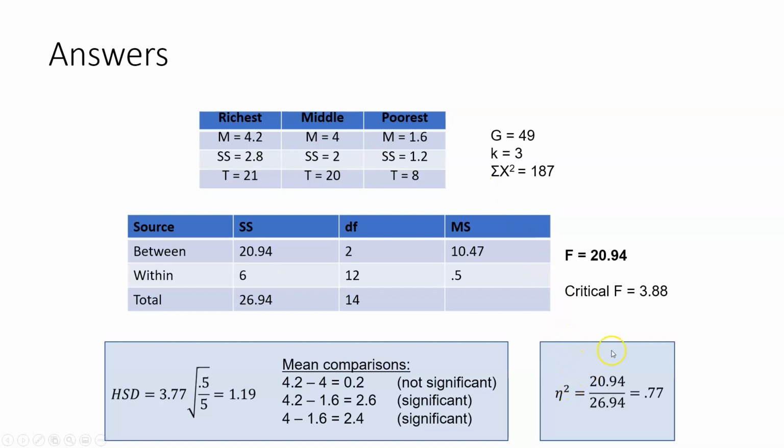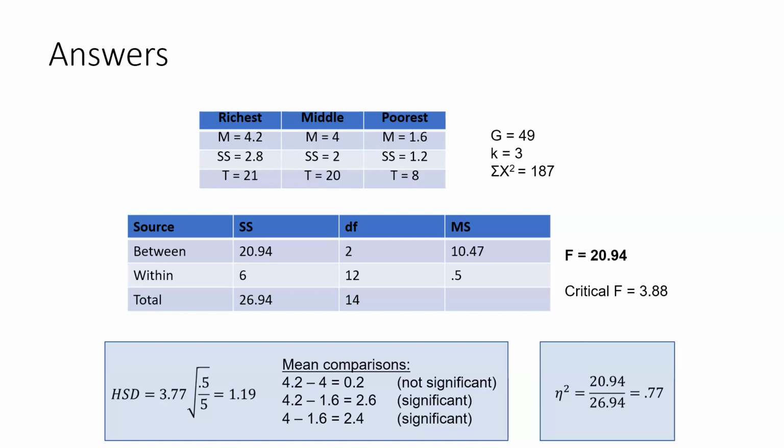And then finally, you would write up a sentence as is for publication. It might say something like, the means and standard deviations are listed in table 1, and you'd put table 1, and you'd list the means and standard deviations, and then you'd say an ANOVA test indicated that there was at least one mean difference between the classes of people, comma, F, degrees of freedom, then your p-value less than 0.05, and then your eta squared, 0.77, and then you'd put a period